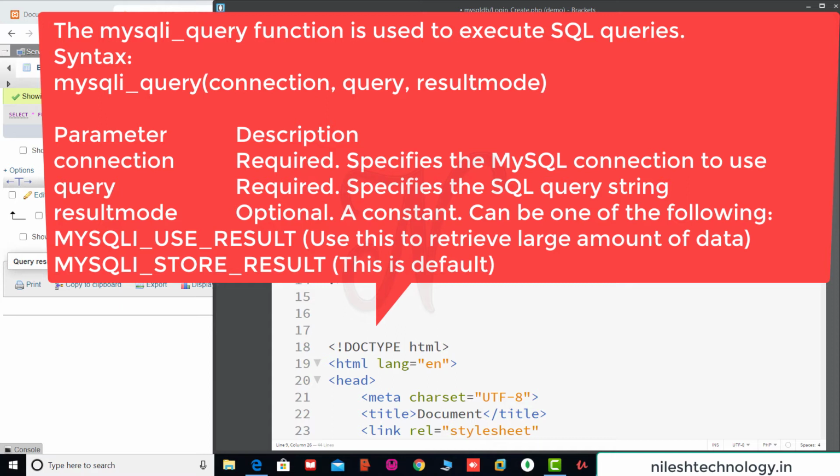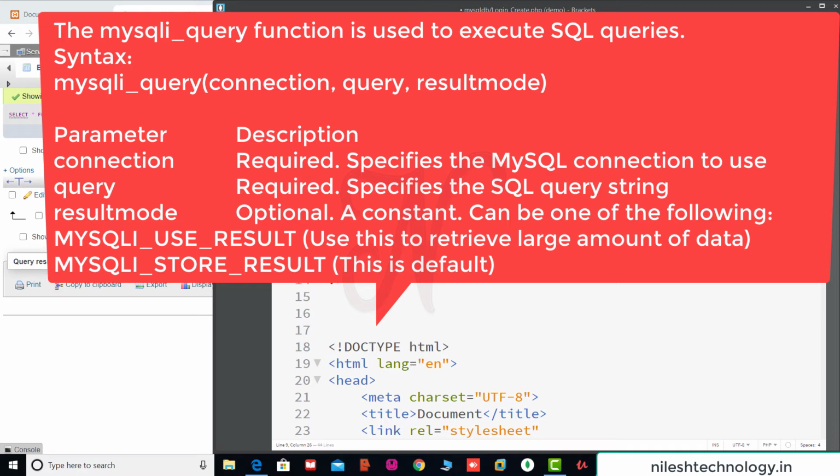So the syntax has a total of 3 parameters: connection, query and result mode. The third parameter is optional. The first one is your database connection, the second one is the query, where you specify the SQL query like insert, update, delete or select. Then the result mode, which is optional.